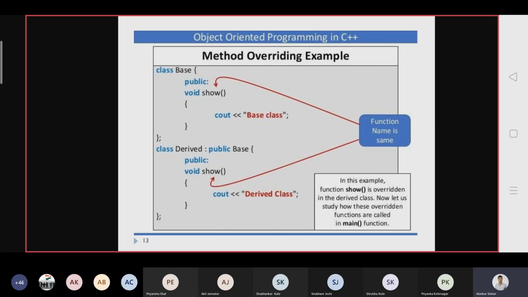So two show functions are available, with different scenarios and different uses. Both are important. So it's method overriding. Now functions available with the same method signature in different classes in inheritance is known as method overriding or function overriding.